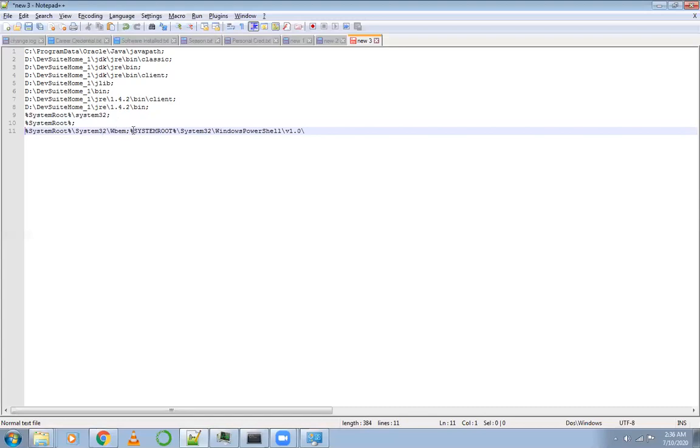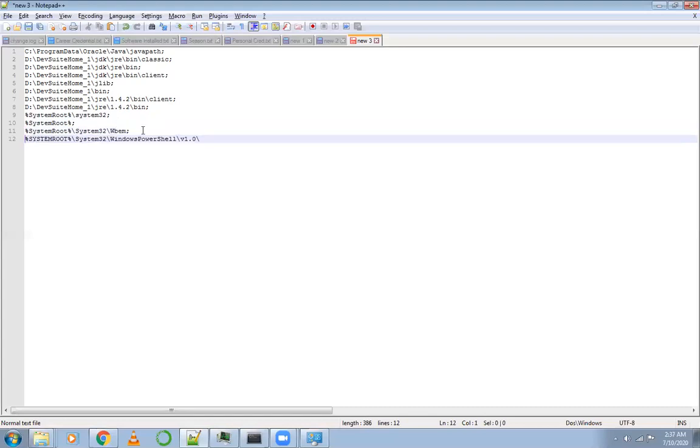I'll try to find whether the ipconfig file is available at one of these paths or not. If we are able to run the ipconfig command successfully in the command prompt by just typing ipconfig, then logically the respective directory path should be there in the system path by default.